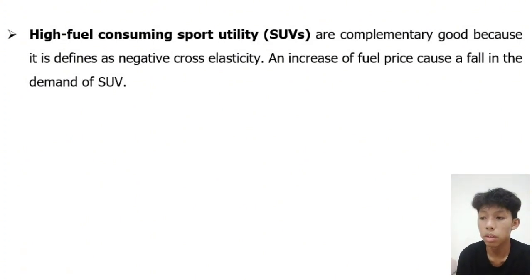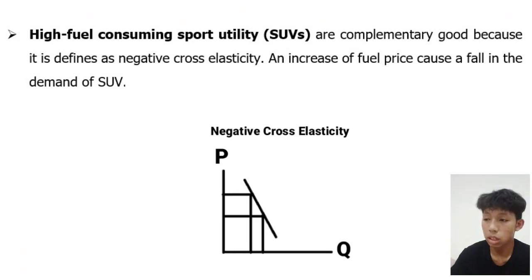Number 3, high fuel consuming sport utility vehicles, or SUVs. Now we know that when people have an SUV, they will also have to buy more fuel. So when the price of fuel increases, people will not buy SUVs. And the relationship between these two goods is complementary, and it is defined as negative cross elasticity because we can see here in the table